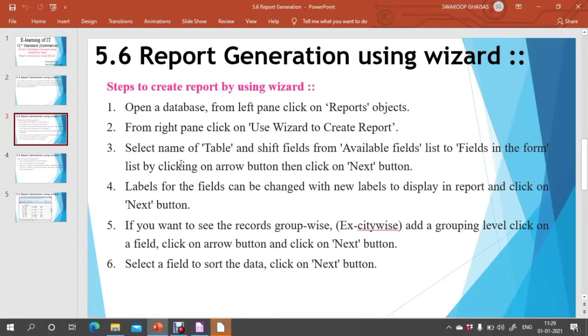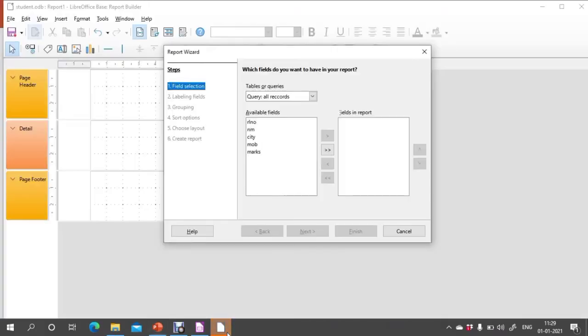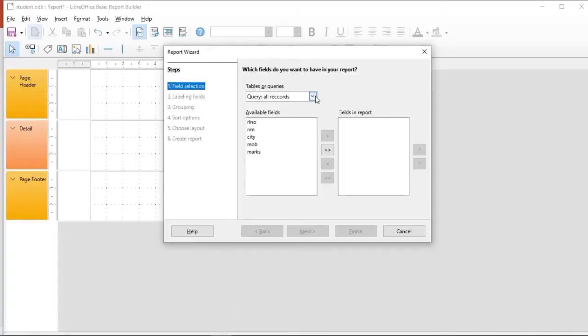Now we have to select the table and the fields from the table, moving them to the fields that we want in the report, and after selecting the fields click on the next button. Here you can see two tables are there, the student table and the marks table.